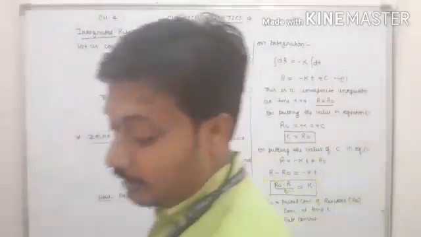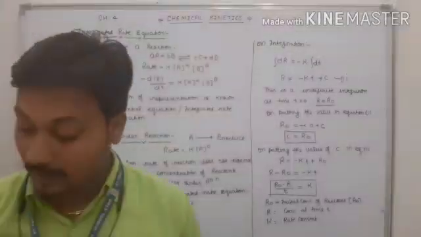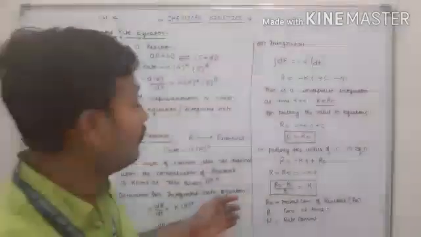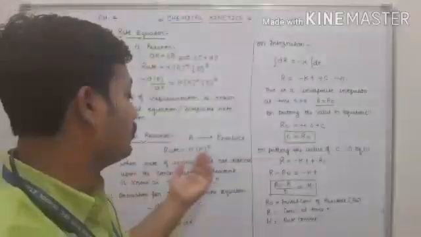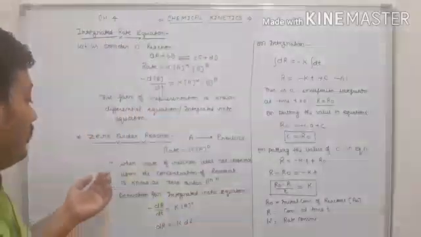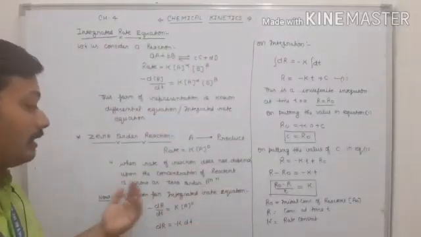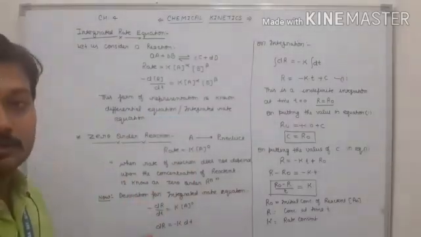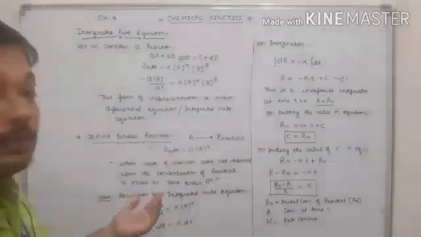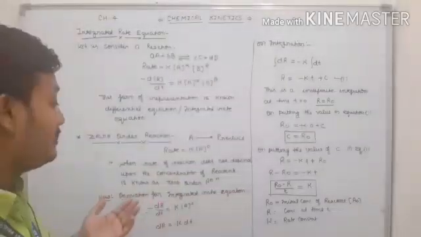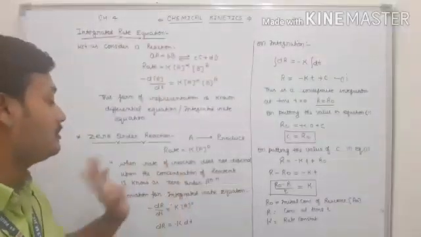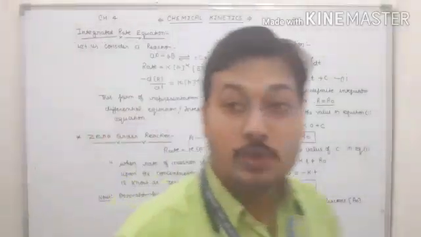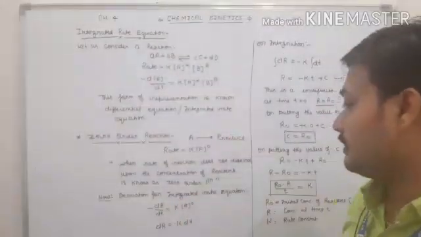Okay students, try to understand again in a very simple way. As you know very well, in zero order reaction, A gives product. Here rate is equal to K A to the power 0. When rate of reaction does not depend upon the concentration of reactants, it is known as the zero order reaction, because A to the power 0 is considered as 1. So rate is equal to the rate constant. It does not depend on the concentration.